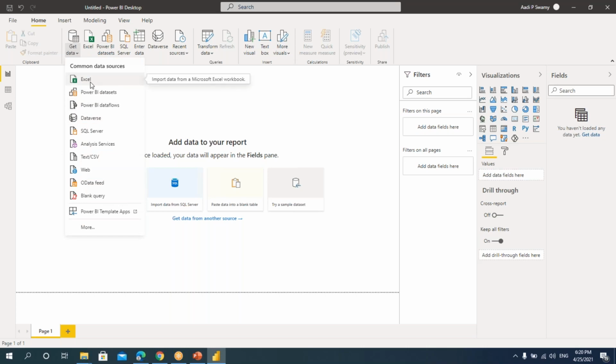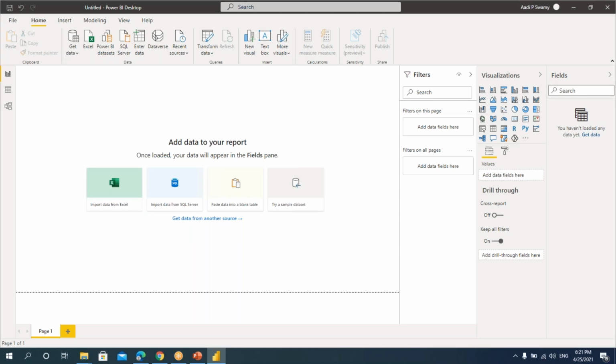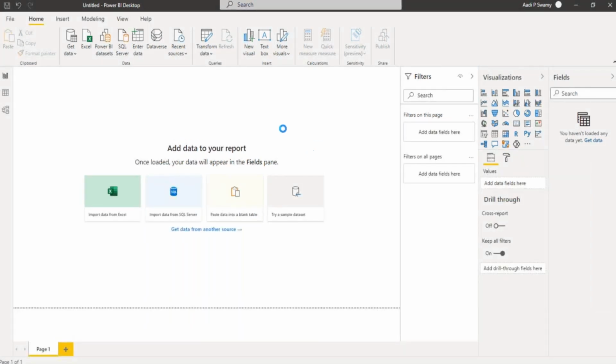These are the commonly used data sources from where we get the data. Suppose you think I don't have the data source which I'm trying to take from here, I can click on this more. When I click on more, I'll get one window where we'll have more other sources which are classified into different categories.